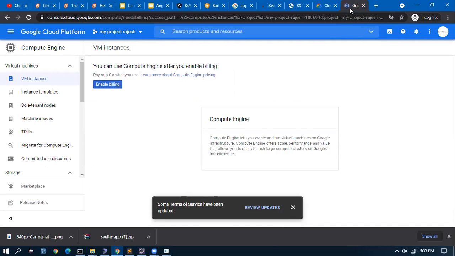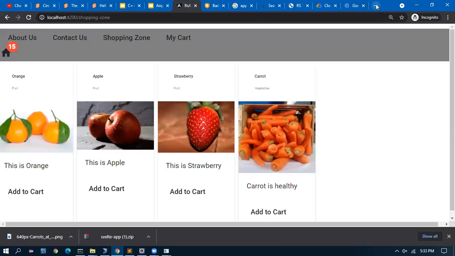We need a public machine. Okay, we got GCP as a public machine. In that machine, we will push the code and there's no need to purchase a domain. GCP will provide a public IP, so instead of localhost you can give that IP, whatever IP they are giving. Whenever we create a VM, they provide a public IP and a private IP. That public IP you can use to access it. That's all.